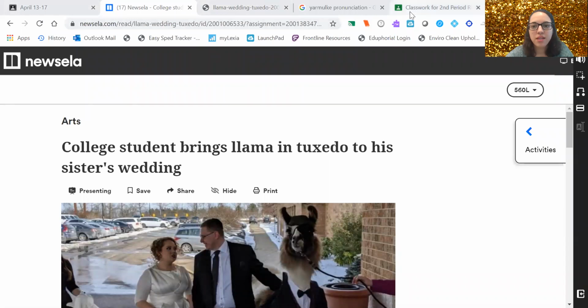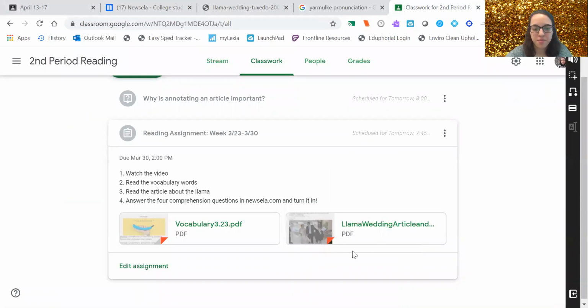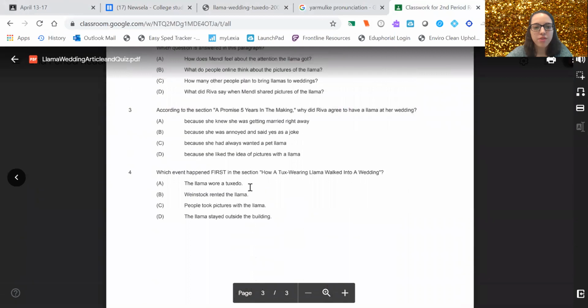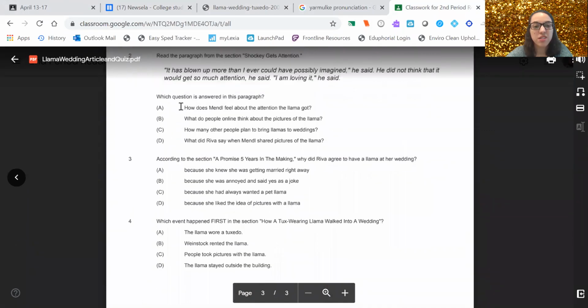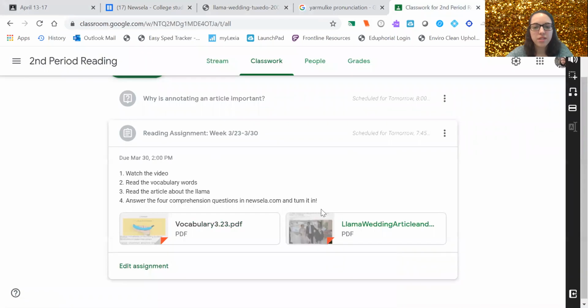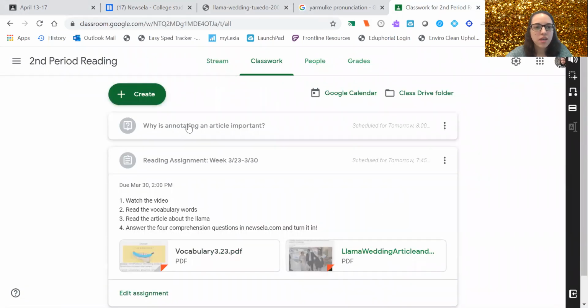So right now I'm going to show you the second way, if you just cannot figure out Newsela, how you can read the article and type in the answers to the questions. I will do that with you right now. The second way is I just put the PDF there as a backup. You can click it, open it, and read it. You'll have the questions. The only thing with the PDF is that you cannot answer the questions on there. If you do it this way, you're going to have to read the article and answer the questions, and then